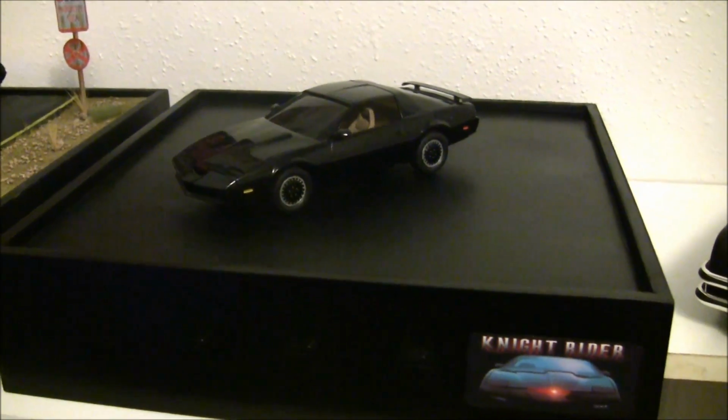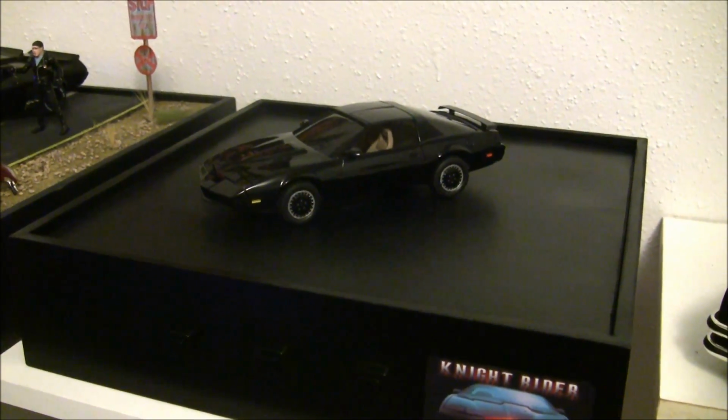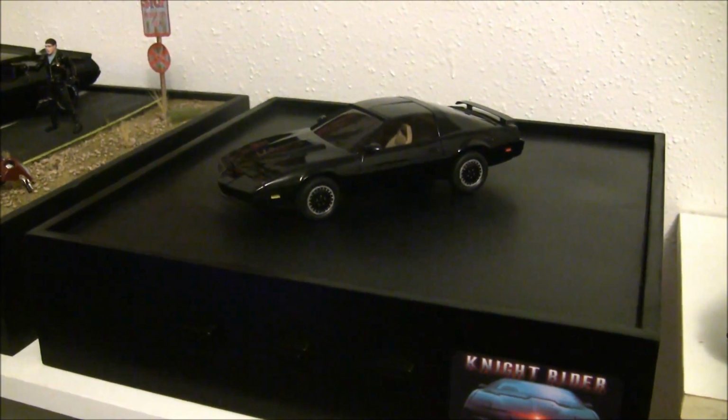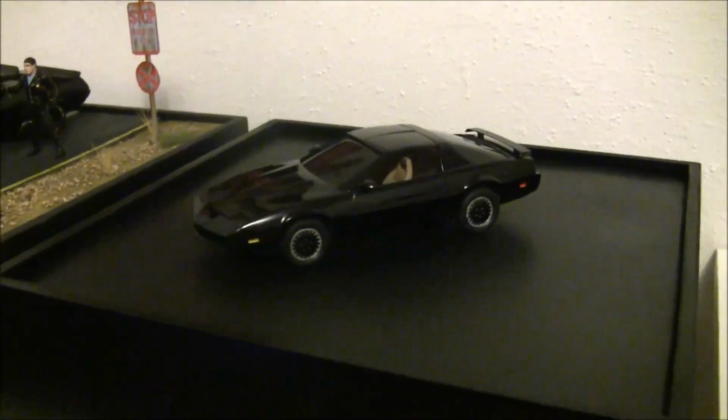The soundboard's hooked up the same way. The little mini voltage regulator that I used to split the power between the control boards is the same. So that's that. And so we're going to take a look at the model here just a little bit,